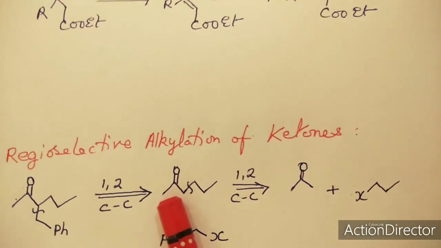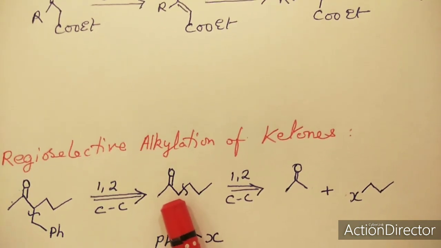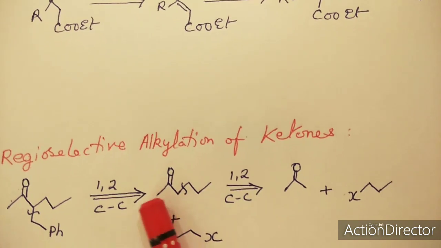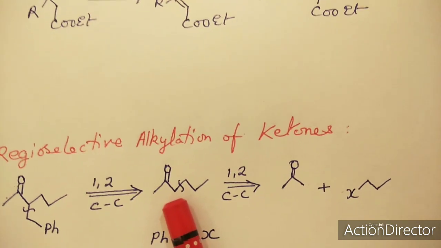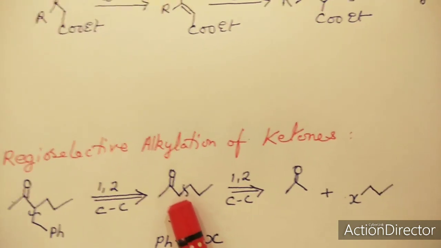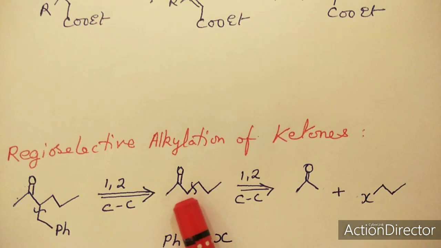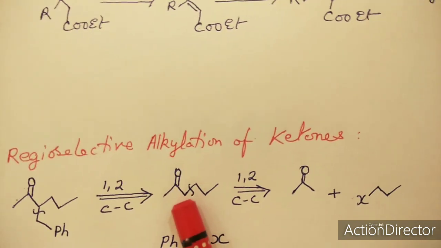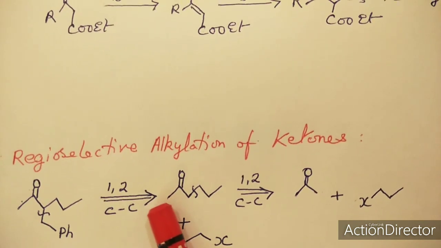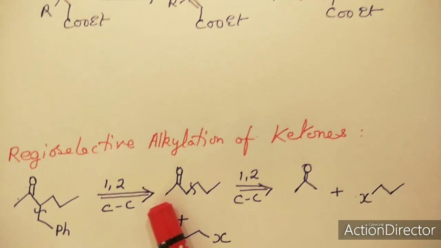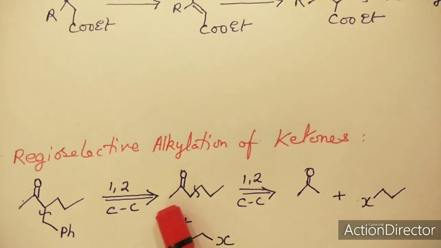So this regioselective alkylation of the ketone can be managed if this part is activated as compared to this. Now how can this be activated? This can be activated if it is turned into an active methylene group. Active methylene means this CH2 with an electronegative group here will automatically have more acidic hydrogen as compared to the CH3, which is not activated. So our question of forming the target molecule is being solved.